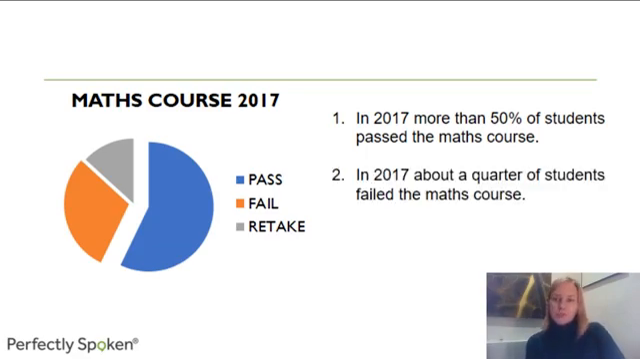Okay, number 2: in 2017, about a quarter of students failed the maths course. About means approximately. Is that true or false? I think it's true because the orange looks like approximately